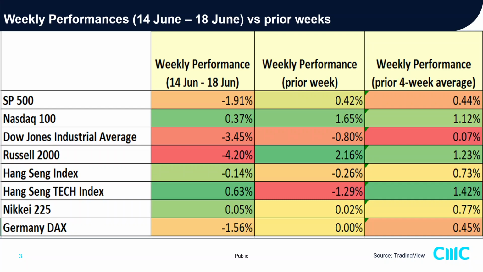Nikkei 225 almost unchanged at 0.05%. Later I'll touch more on the Nikkei 225. Why? Because interestingly, a lot of us say, hey Kelvin, Nikkei 225 today is the worst performing Asia stock market so far, which dropped, I think, 3% or so. Yeah, negative 3.3% for the Nikkei 225. But how come you say that it's actually okay in terms of the configuration?